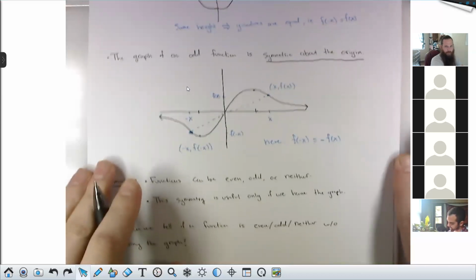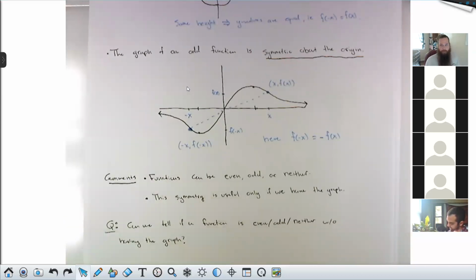Because imagine you want to graph a function and you know that it's odd. And you make a big table and eventually you get this part of the graph. It was a lot of work. And you maybe don't want to make another table to try and find the other piece of the graph, but you know the function is odd for whatever reason. Well, if you know what the graph looks like over here, and you know that the function is odd, you can draw this part of the graph without any work at all,